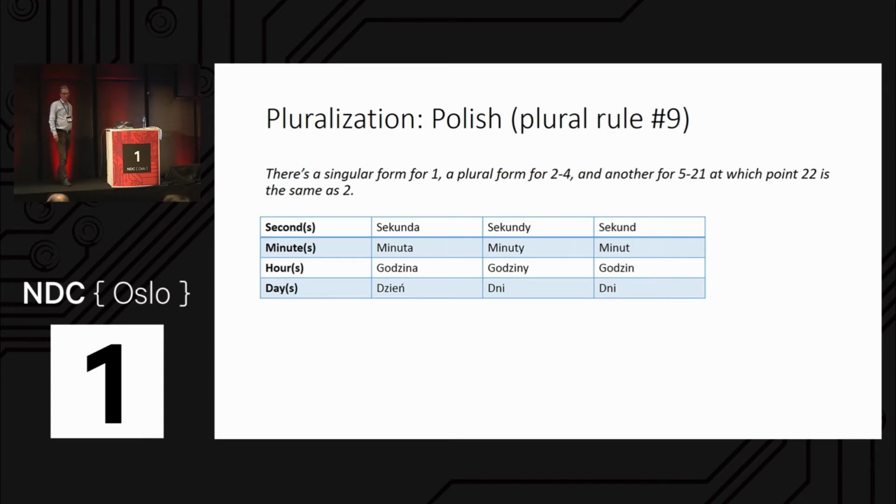And one downside to this is that it makes stuff a lot more complicated for localizers. They have to understand this. And that's not necessarily easy. Luckily, most of the strings that we have don't have any numbers in them, and they don't require pluralization. So this only applies to a small subset of all the strings that we have in the application.